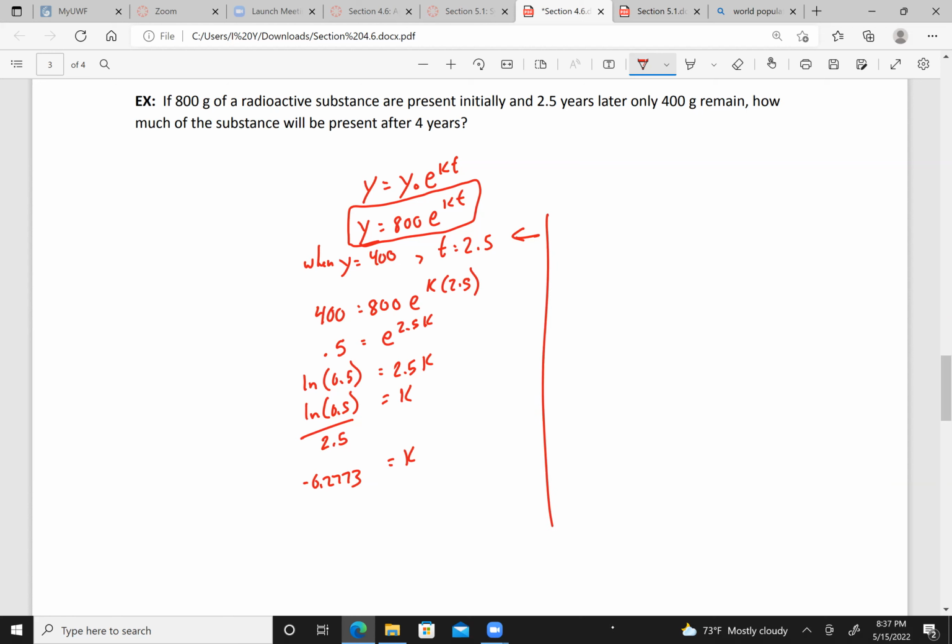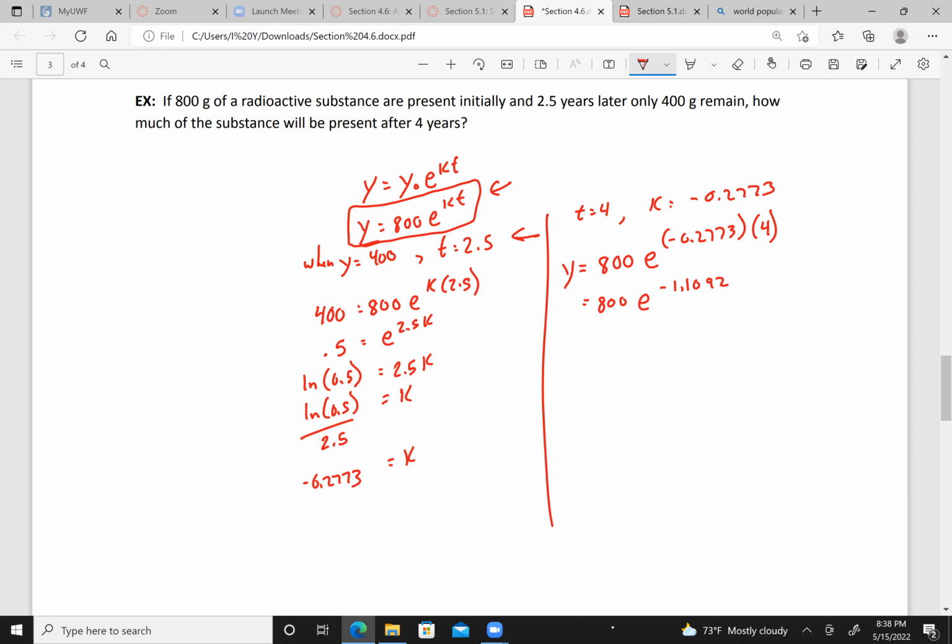Now we want to know how much will be left after 4 years. So now we know t equals 4, and we know k equals negative 0.2773. So going to our original formula here, we're looking for y. 800 times e to the negative 0.2773 times 4. So we have 0.2773 times 4, I get